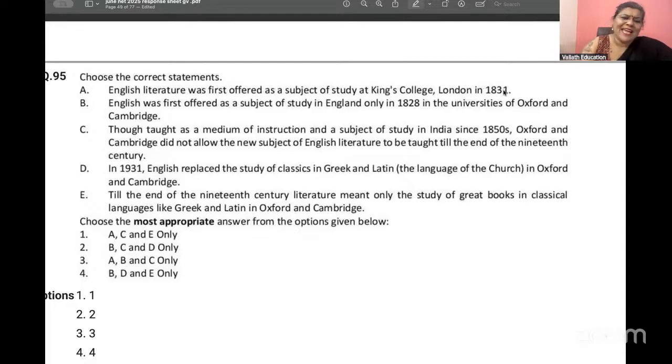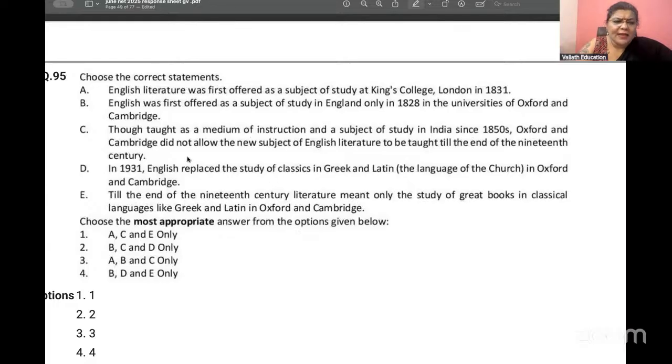Doesn't look like that. Hey, no. English language must have been there before that. Do you mean to say that in Milton's time there was no English language in universities? Do you mean to say that in Wordsworth's time there was no English language in universities? No. In Cambridge, Wordsworth studied English. Definitely B is wrong. Though taught as a medium of instruction and a subject of study in India since 1850s,